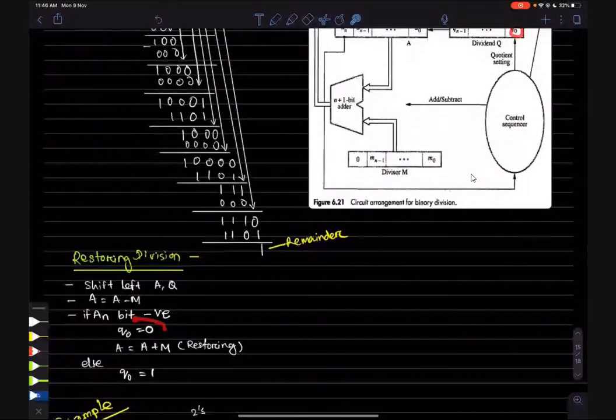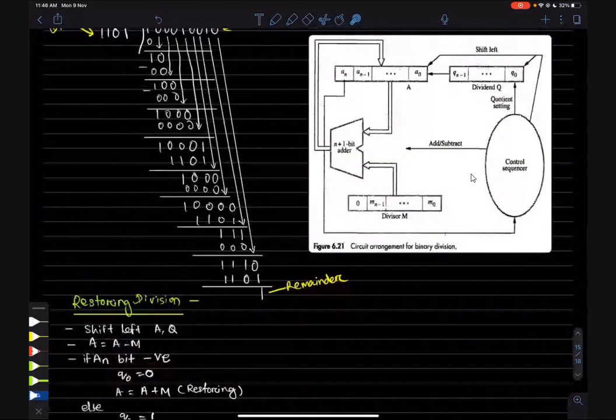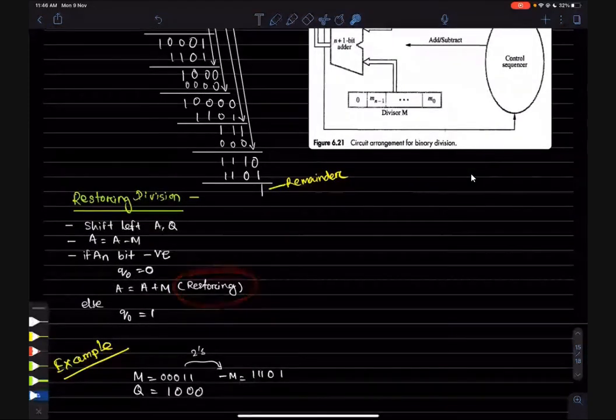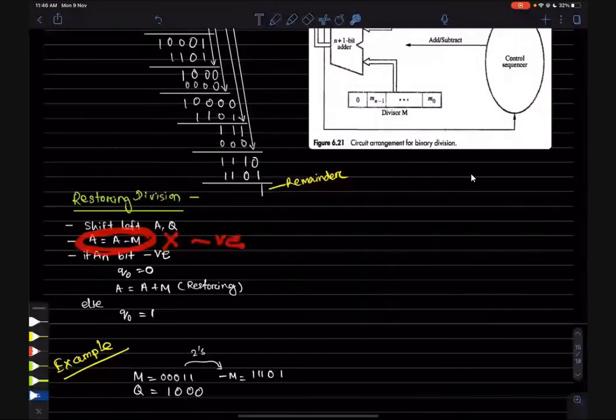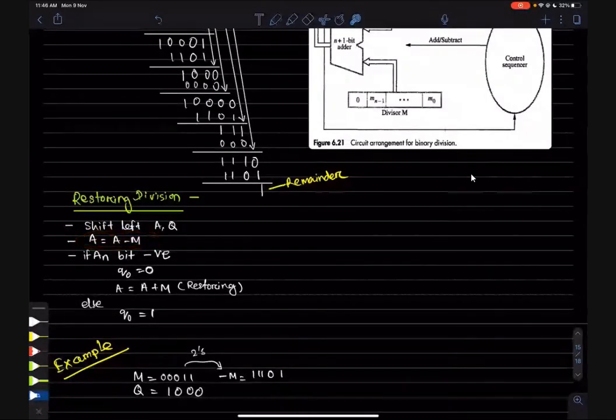And what we have to do: whatever subtraction operation we have done and overwritten the value of A, we have to restore it. How to restore it? We did A minus M, so here we will do A plus M. Then the value of A will be restored to the original value. Understood? This is called the restoring operation. Because our division operation failed, there is no meaning in storing this result, because it is a wrong, negative result. A negative result we will never save in A. So we did A minus M, and we will do A plus M here.